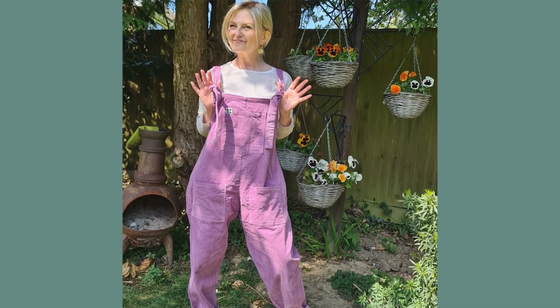Coming up to an item that I found a new love for that were around in the 1940s, 1950s, and they are around again now, and they are practical in some ways and comfortable, very comfortable. It's the Dungarees. And we're seeing them everywhere at the moment, and I do have a couple of pairs of Dungarees. You haven't seen them, but now they're a fashion statement, I think I'll be putting them on and showing you. I buy mine from Lucy and Yak,